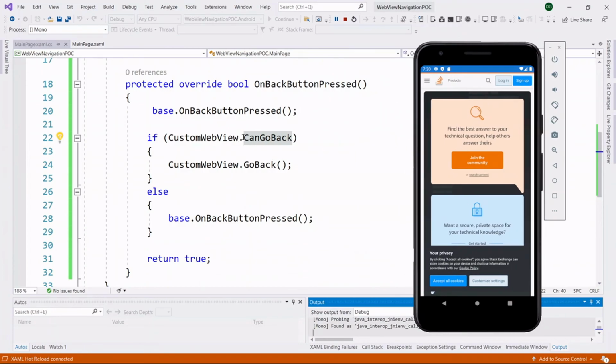Here you can observe that it does not do anything, and it stays on the same page. Why? Because here the CanGoBack property returns false. That's why it moves to the else condition, and it executes the default code. Due to that, it stays on the same page. But if you have any pages available, it will go inside our if condition, and then it will execute the GoBack method. Once we execute the GoBack method, it will move to the previous page.